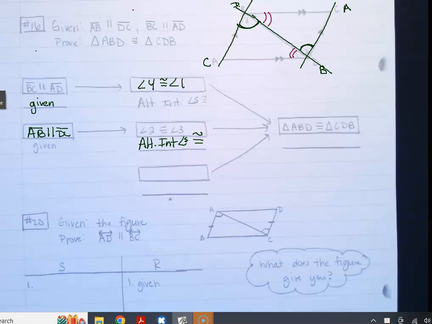BD and BD. Yep, it's BD and DB. Okay, BD is congruent to segment DB. One way you can look is here, in this triangle it's BD, and this triangle is listed as DB. And why are they congruent? They're reflexive. Good, the reflexive property of congruence. So now that we know these are the same, we can make the statement, triangle ABD is congruent to